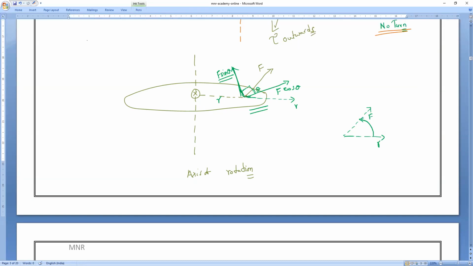You can imagine this. The force is not exactly perpendicular. Before, the force was perpendicular. So now if you move your fingers from R to F, you can see when you are moving from R to F, exactly